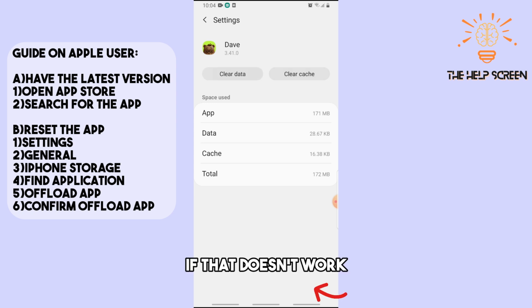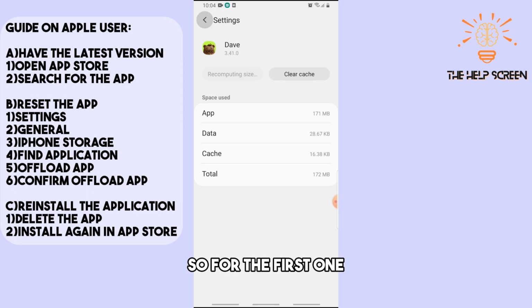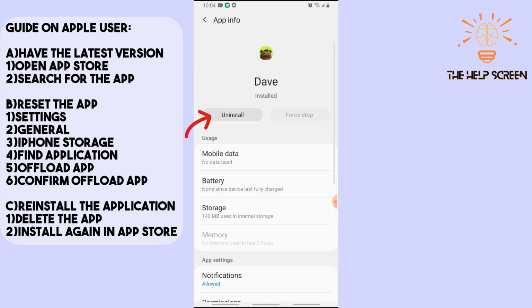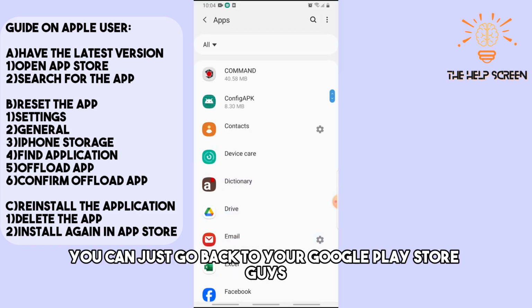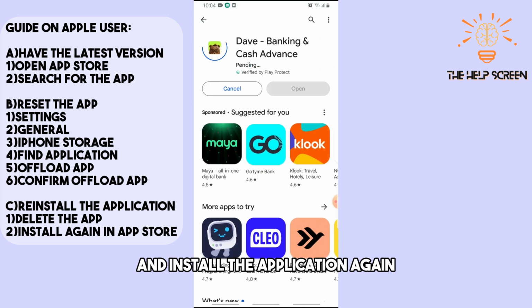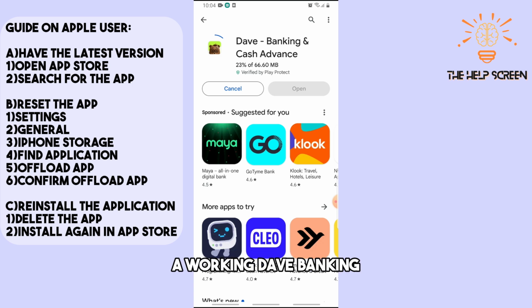And now guys, if that doesn't work, all you need to do is reinstall the application on your device. So for the first one, just uninstall the app on your device. Then once it is uninstalled, you can just go back to your Google Play Store, guys, and install the application again. And then from there, you should be able to fix the issue